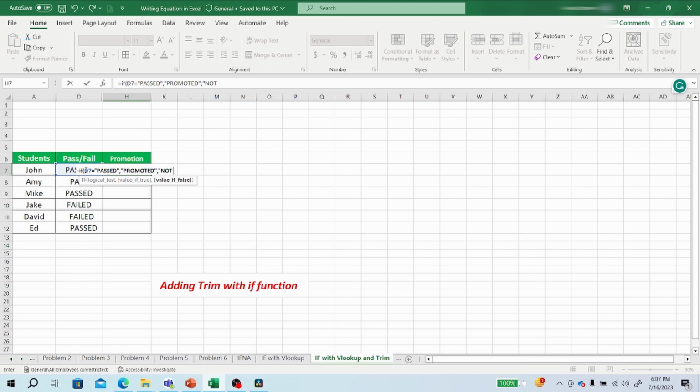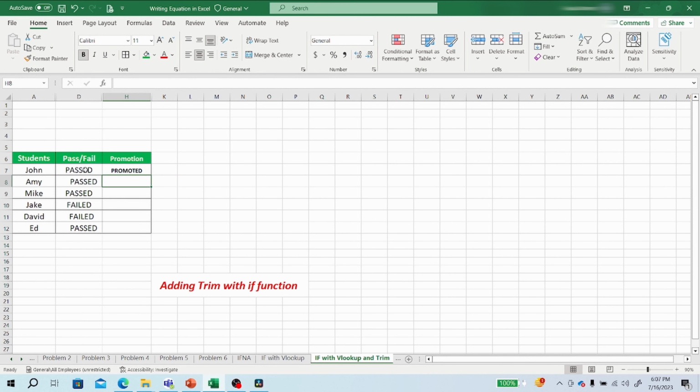Don't forget to add the quotation marks if you write a word. Okay, so hit enter. Based on John's test results, he is promoted, and if you drag to all the other cells,